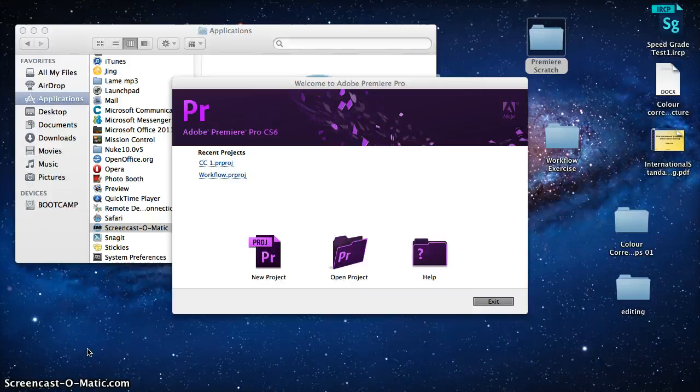Hi, this is a quick introduction to setting up a Premiere Pro project and getting some footage inside. So my Premiere Pro dialog box has popped up when I've started it, and it's allowing me to pick either open a project, obviously set up a new project, get some help, or I can,